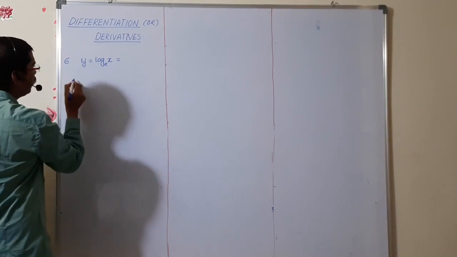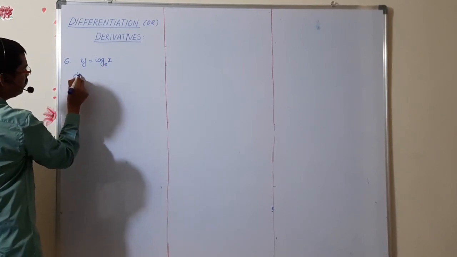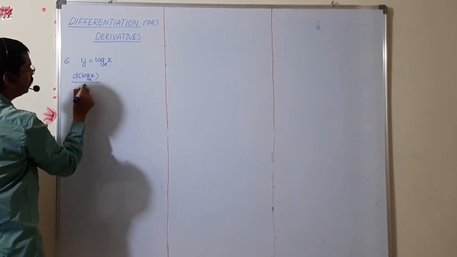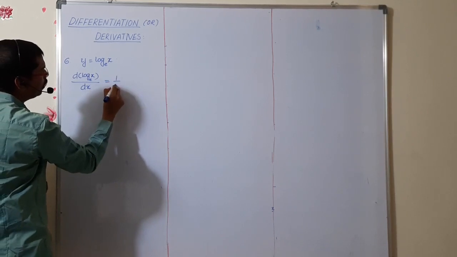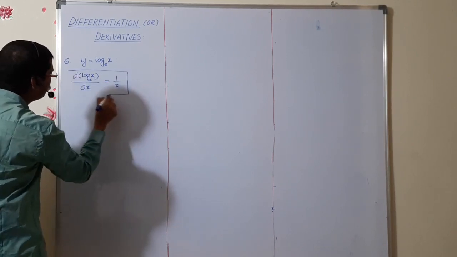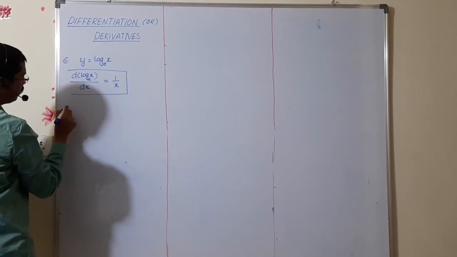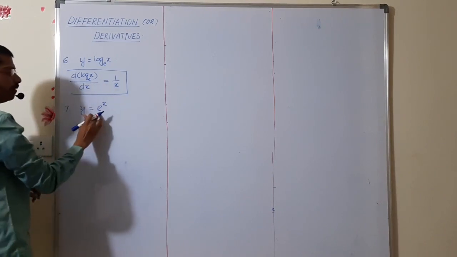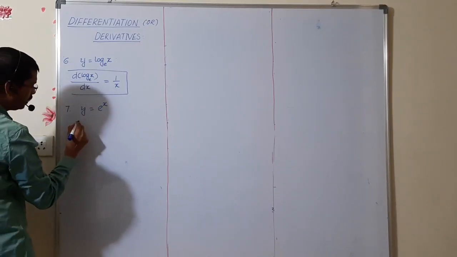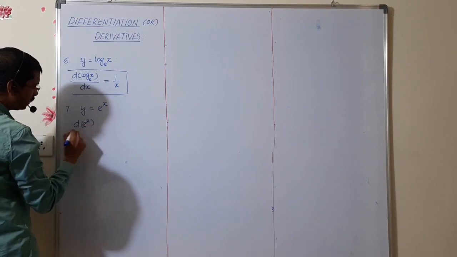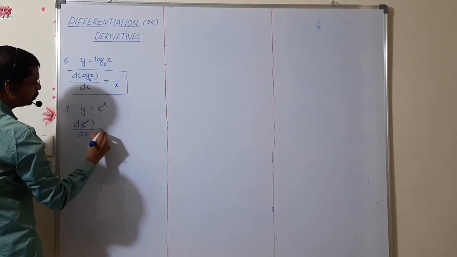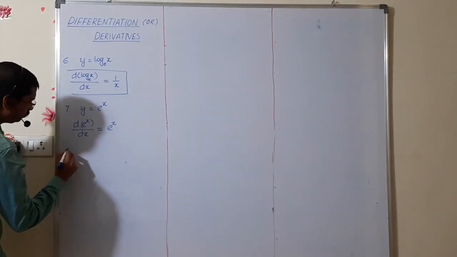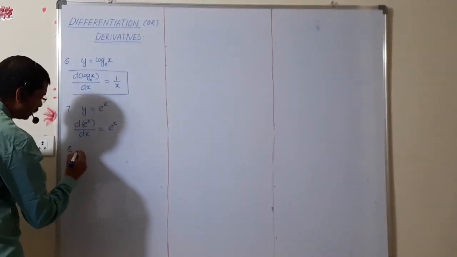Whenever the log x, the differentiation of d log x base e upon dx value is 1 by x. You remember this one. And the seventh one is y is equal to e to the power of x. This we can say exponential. And the d e to the power of x upon dx, there is no change, as it is we have to write it. And last one, eighth formula, this we can say